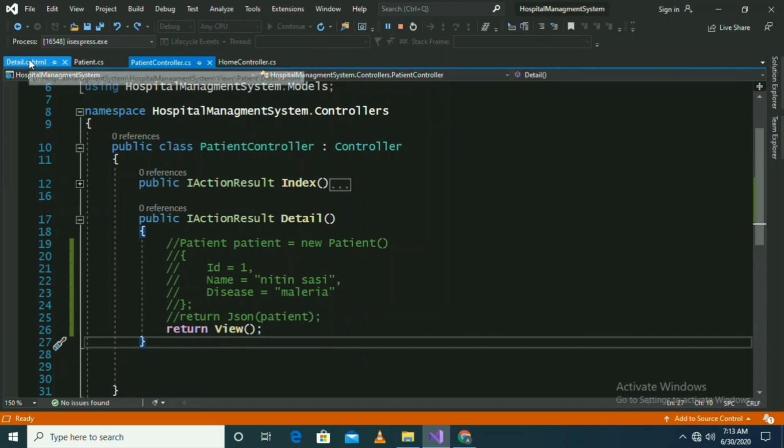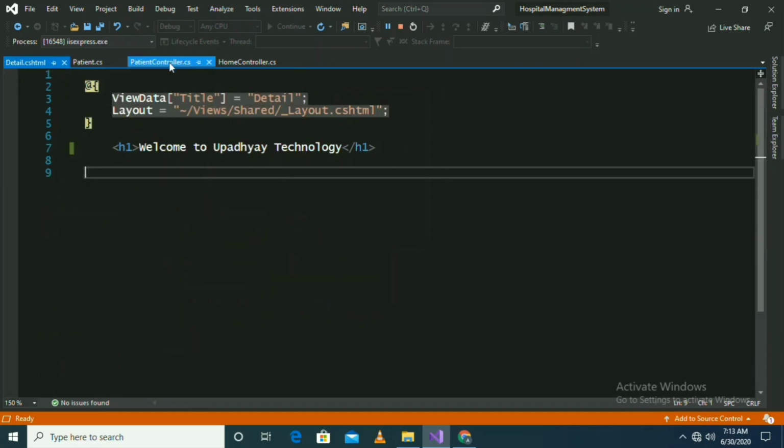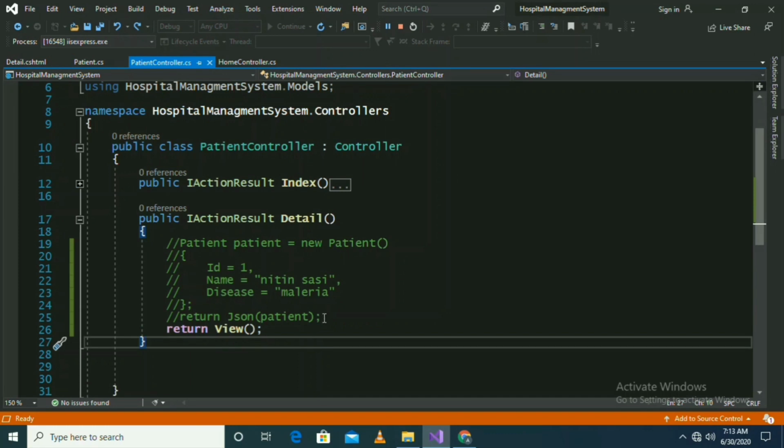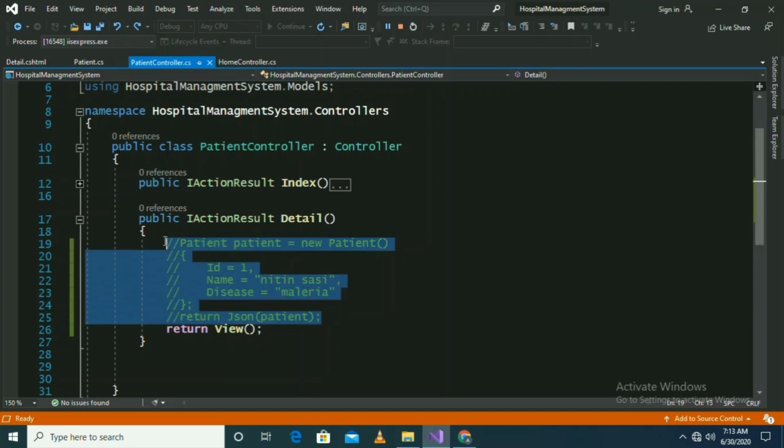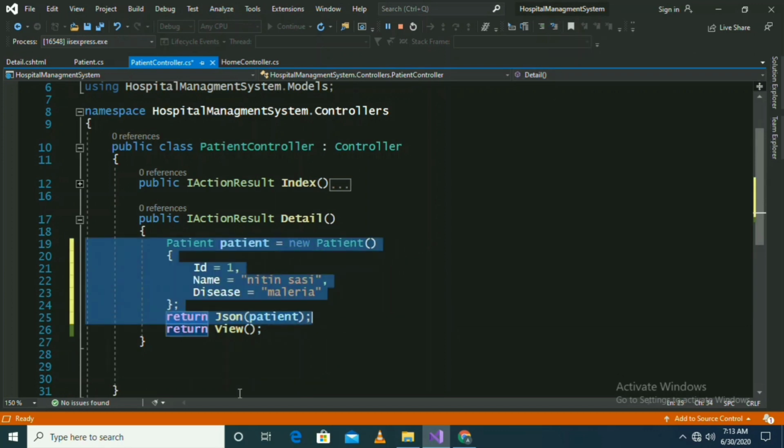Since we are getting this hard coded data, now what I want to do is send patient details from our Details method. For that, first of all, we need to uncomment the previously commented lines.